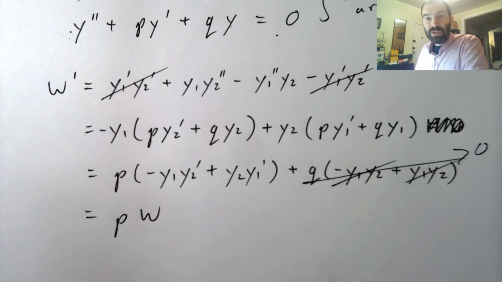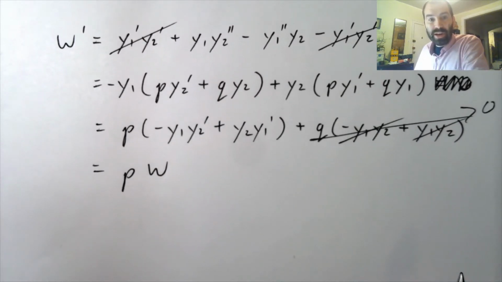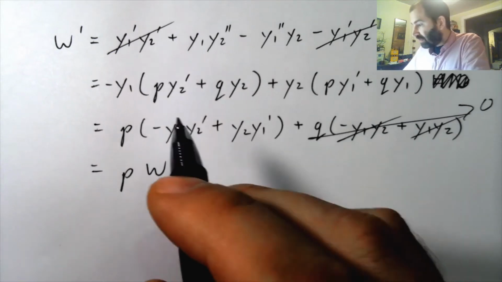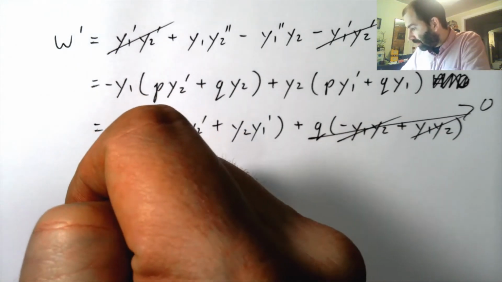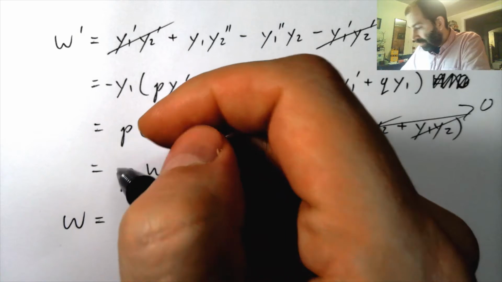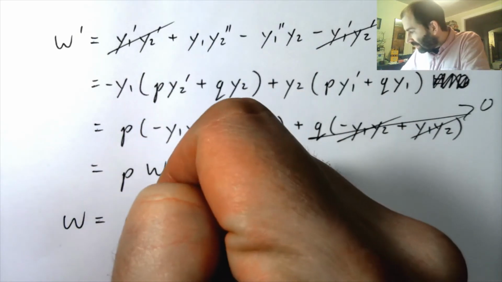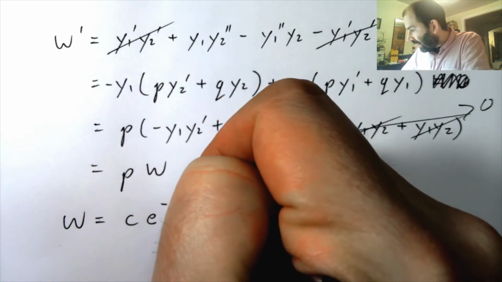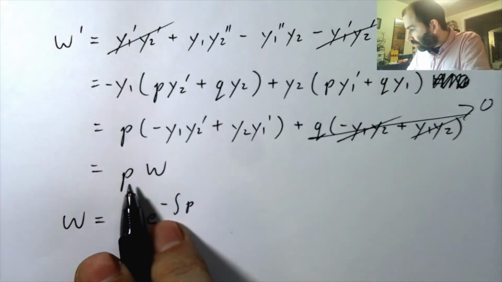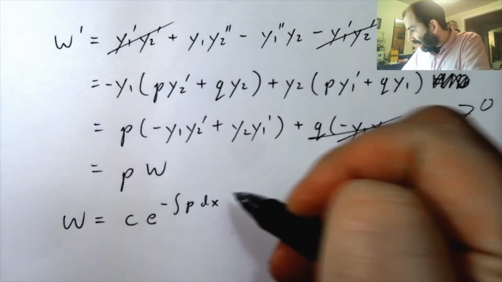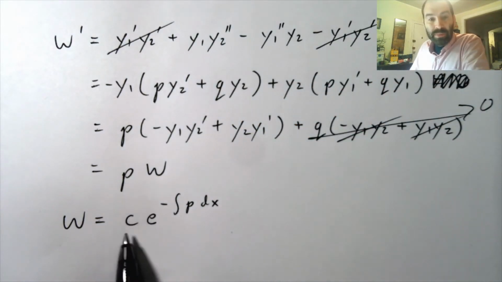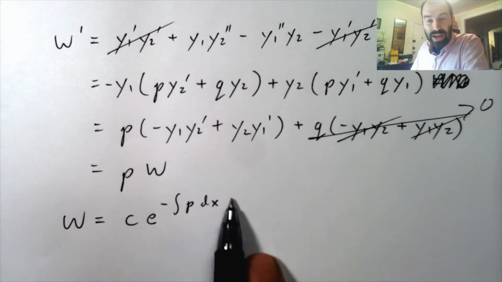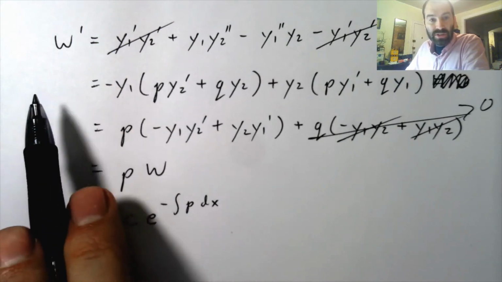I wonder what the solution is. Well, that's easy to solve, right? It's separable. When we solve this differential equation, what do we get? We get W equals a constant times e to the negative integral of this function with respect to x. Remember, p is a function. But yeah, if you go ahead and check it, plug this in for w, you see its derivative is equal